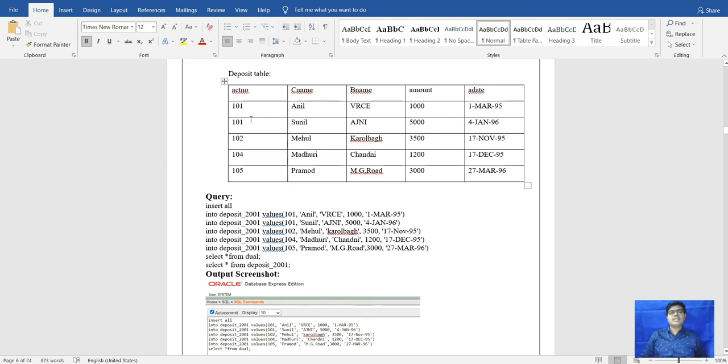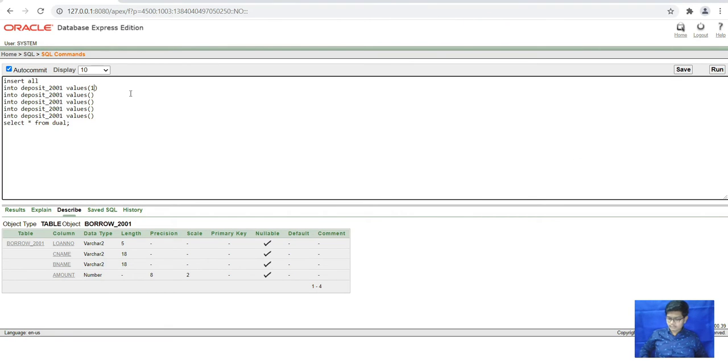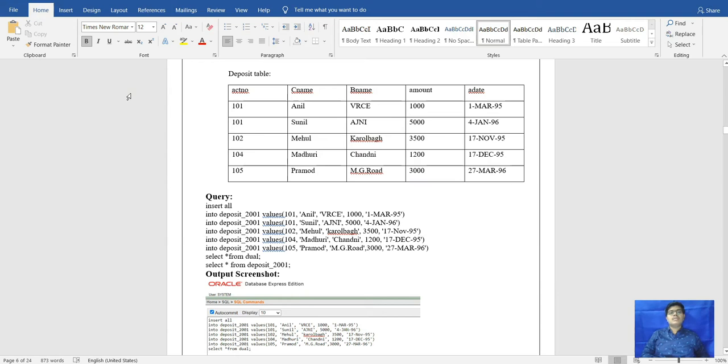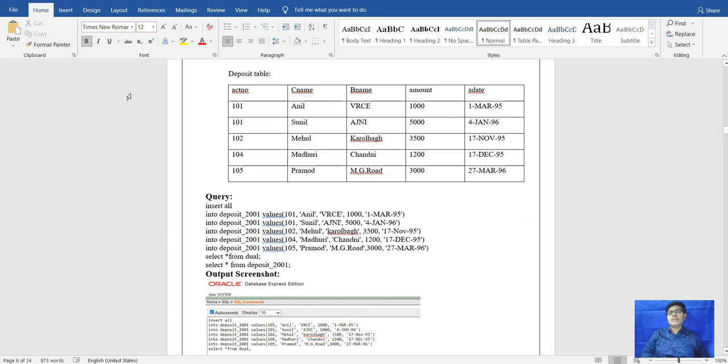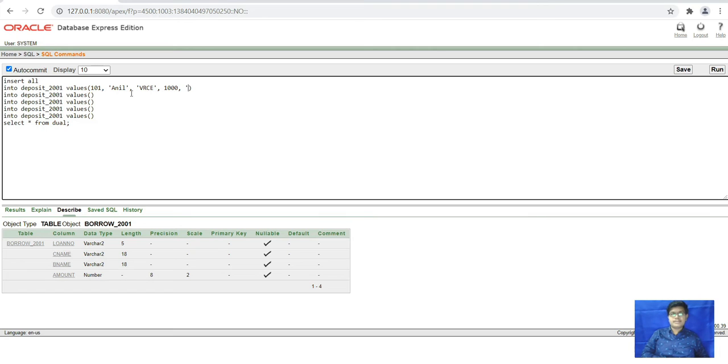For that, the first is 101. 101 name is Anil, and B name, that is of, after that, amount of 1000, and of date 1 March 95.